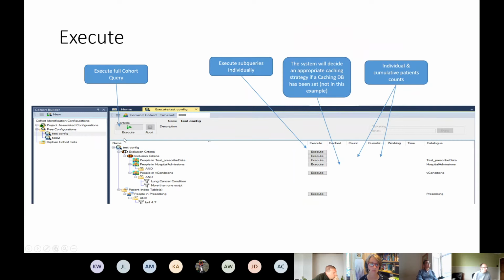Yes, so moving back to where we were at. You can execute the entire thing by hitting the little play button, and what that will do is give you a number of people at the end. So that's going to give you a list of Kais in our case if we're using Kai. You can also execute these individual elements one by one as well.